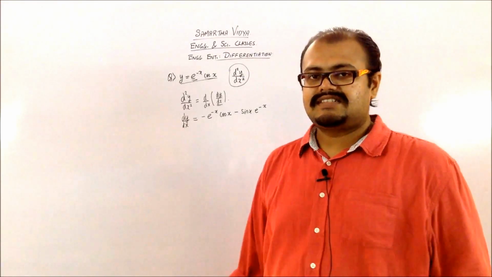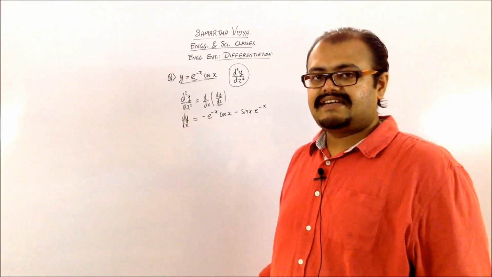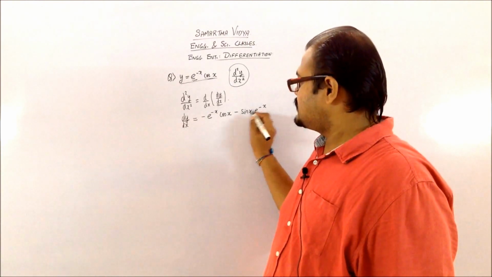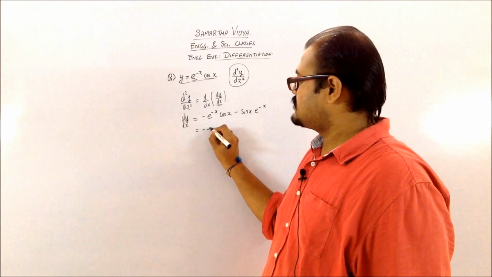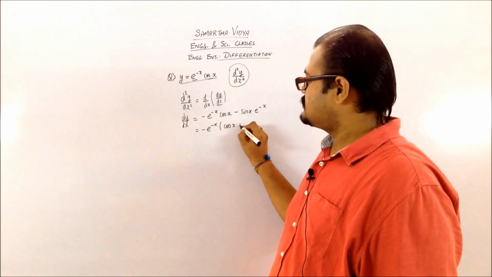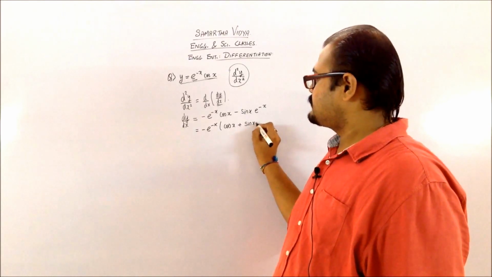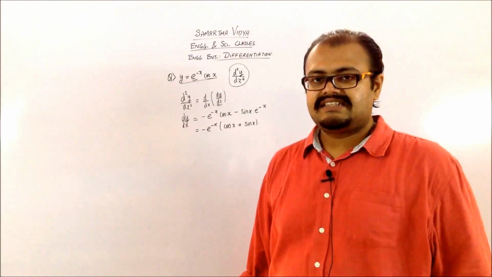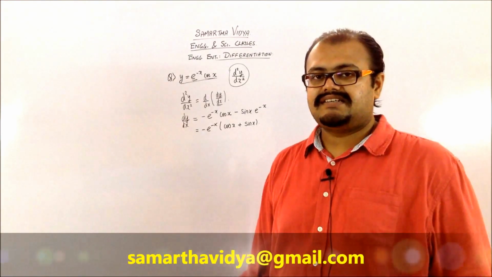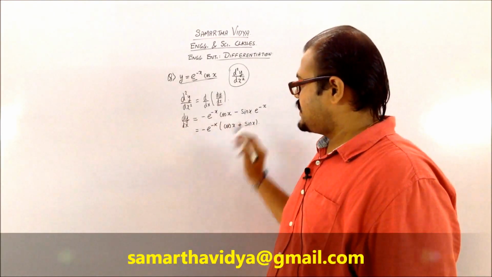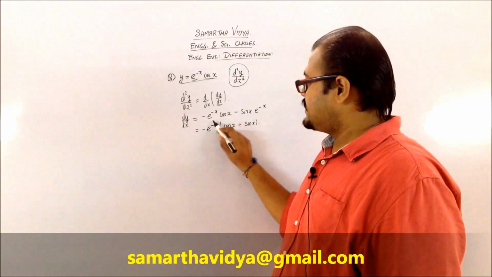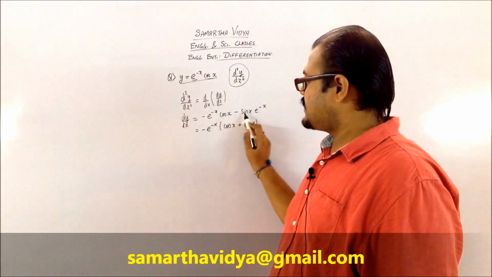So in this, to simplify, because I need to take the derivative of this again, what you can do is you can take the minus e raised to minus x common, and inside the bracket it's going to be cos x plus sin x. So when you are taking the derivative of this, it's going to be just one uv rule which is to be applied. Because if you do the direct derivative of this to get the second order derivative, you will be getting a uv rule over here and a uv rule over here.